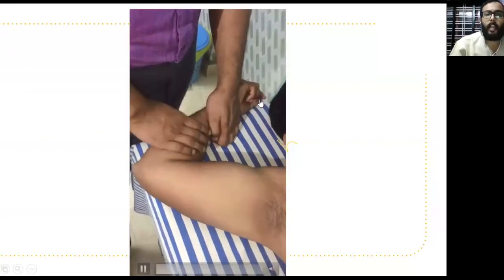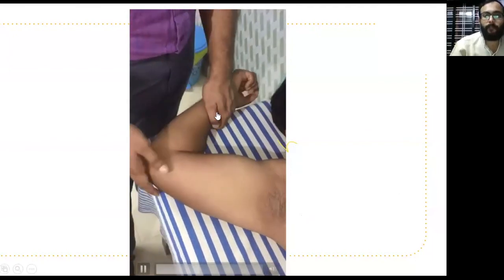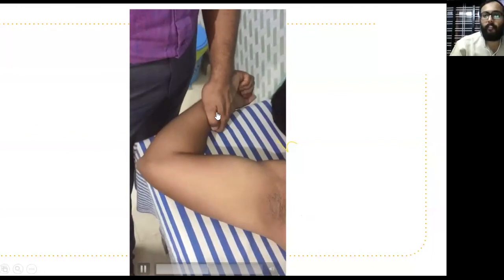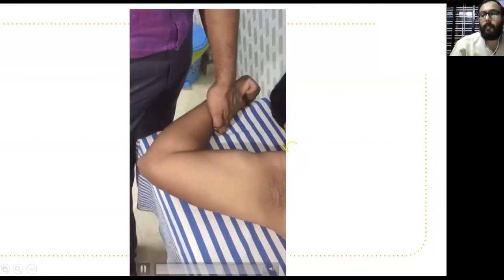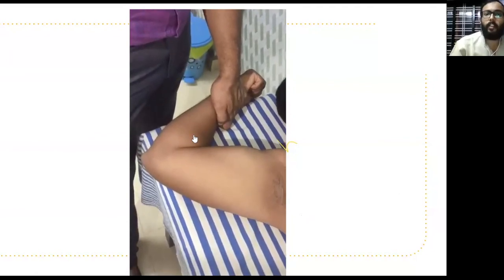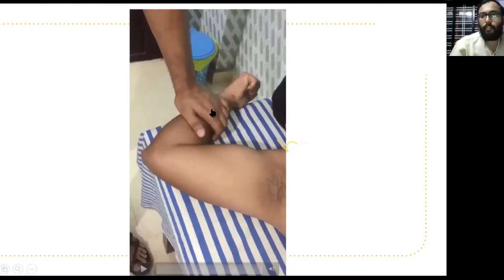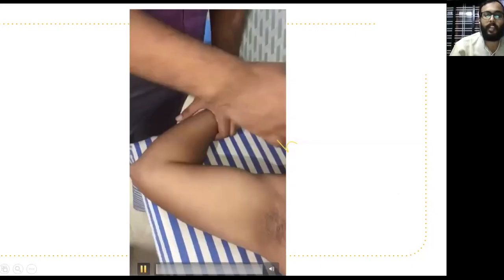The patient's arm is abducted to 120-degree position. In this position, the patient feels apprehension. That means the patient feels that the shoulder joint is going to dislocate, but you do supination of the forearm. The supination of the forearm relieves the apprehension. That means whenever supination of the forearm is done, the patient feels comfortable. Then ask the patient to flex the elbow against our resistance in 120-degree abduction.